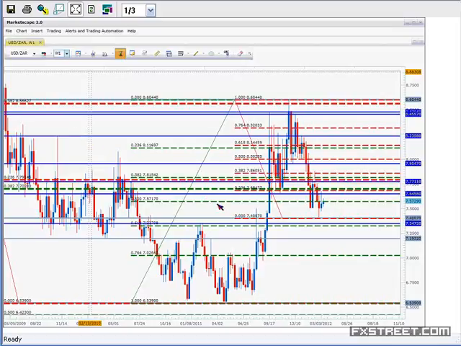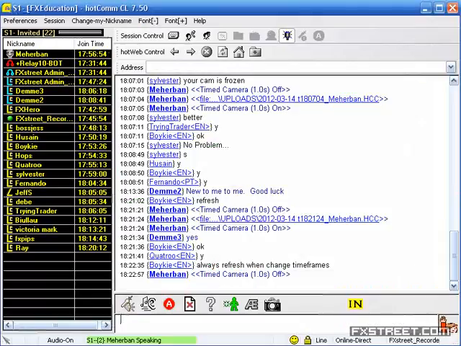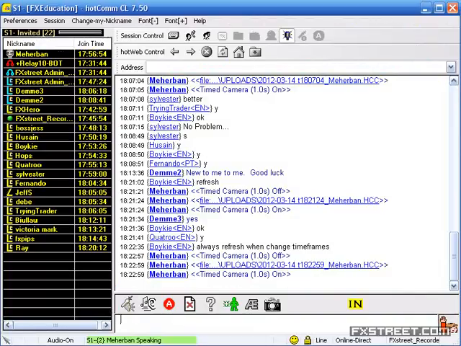Oh, always refresh when changing time frames? Okay, I didn't know that. Okay, so you should be able to see it properly now. I'm still getting used to the platform with the guys. Okay,